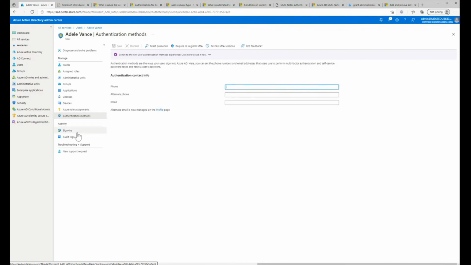This is also a location where you can see sign-in and audit logs specific to a user. So before I mentioned, you can see all sorts of sign-in logs and all sorts of audit logs for your entire environment. You can come to a specific user and see specific information for this person. And that's a trend that you'll see across groups as well in administrative units. You have the ability to dive in and kind of narrow that field. So if you know a specific user was having some interesting sign-in and you're trying to figure out specific information about a user, you can find them in your users tab and jump directly to their activity instead of trying to narrow it down from the broad view down. So if I jump back over to users,